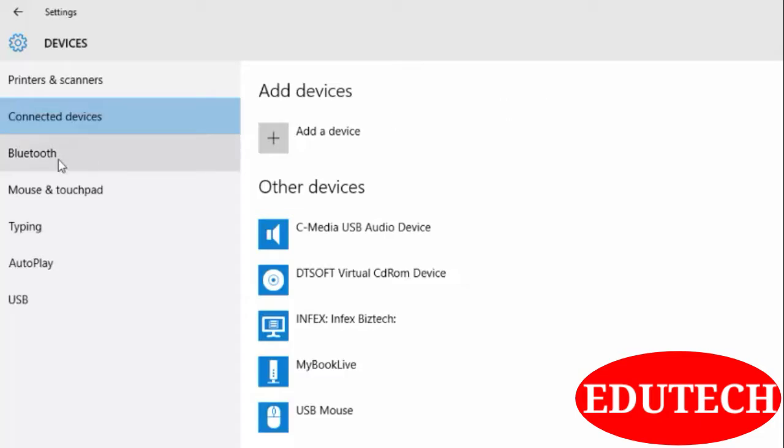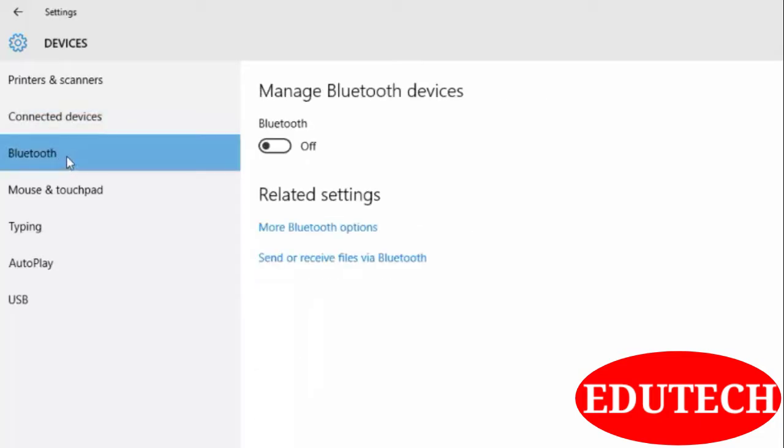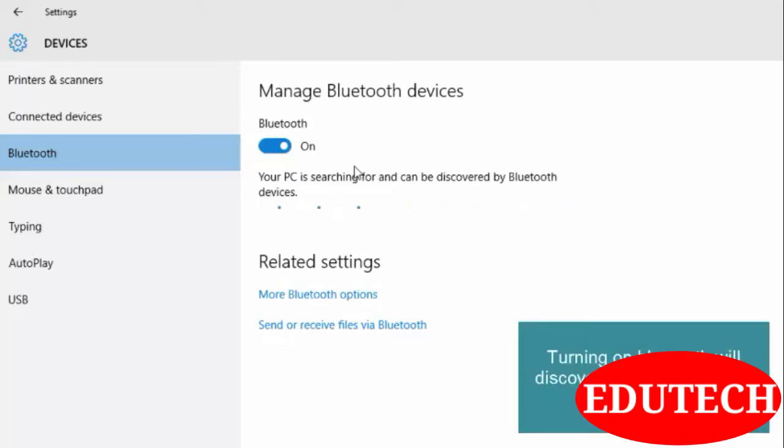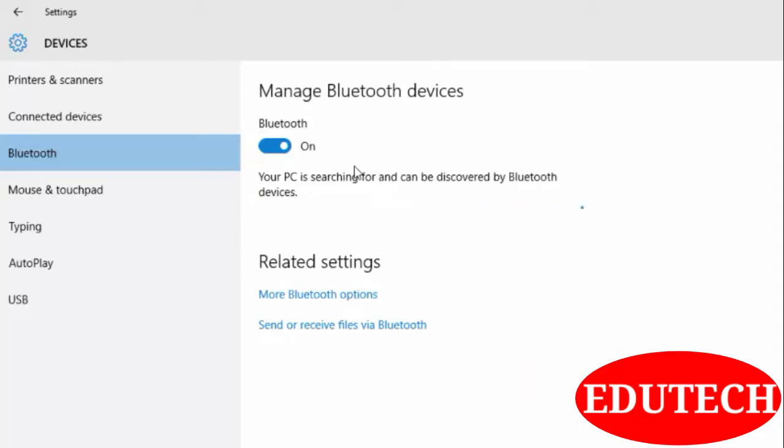Now let's see Bluetooth options. To turn on Bluetooth, you can just click on this toggle button and turn it on. It will search for Bluetooth devices near your PC. If there is any device available, then it will show up here, and after that you can connect it to your computer.